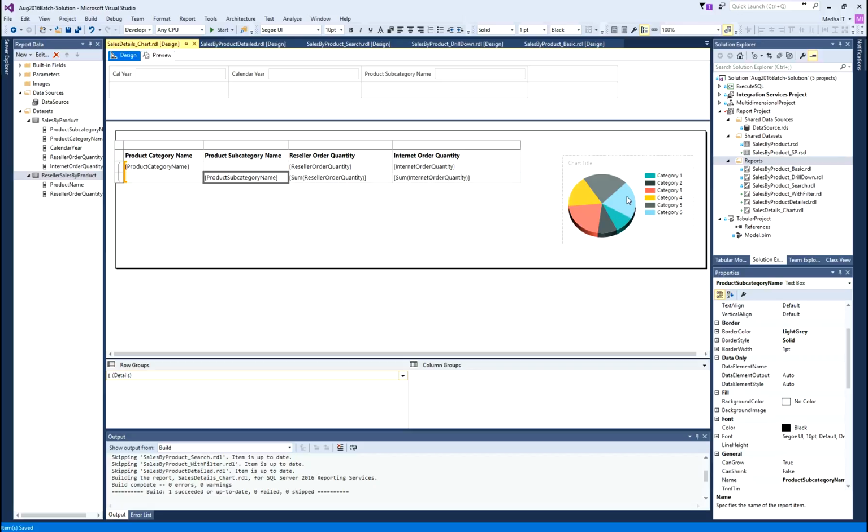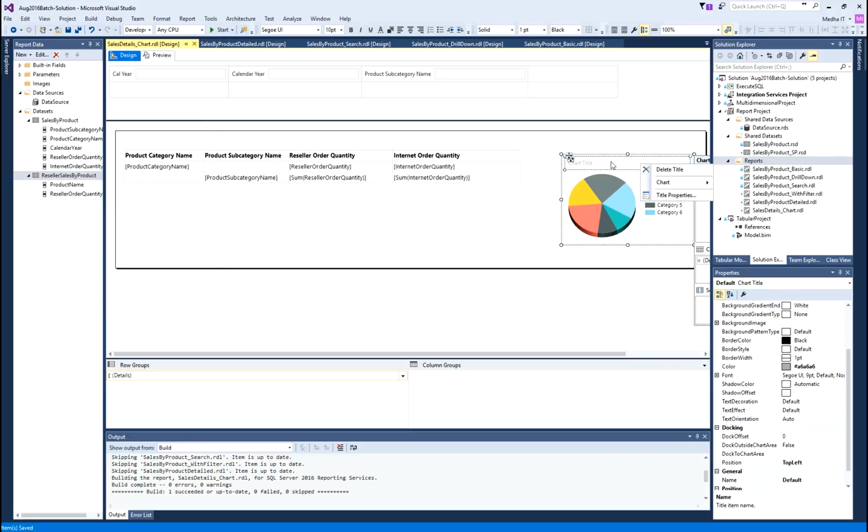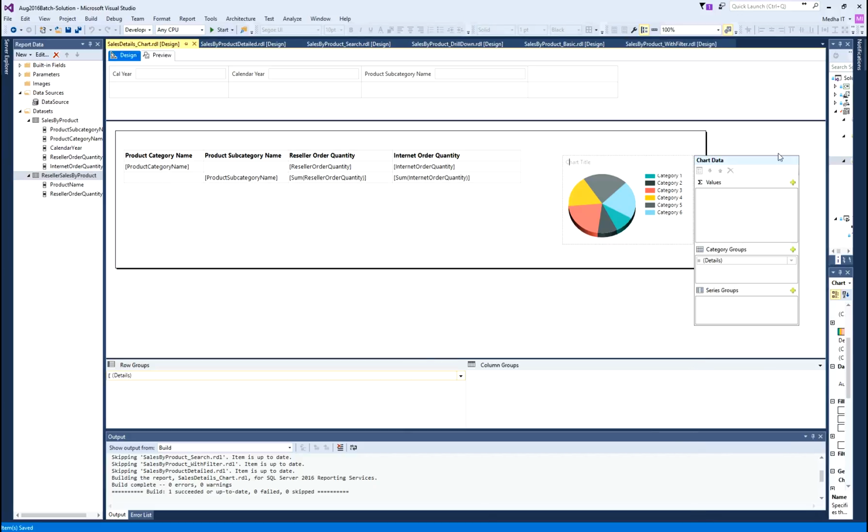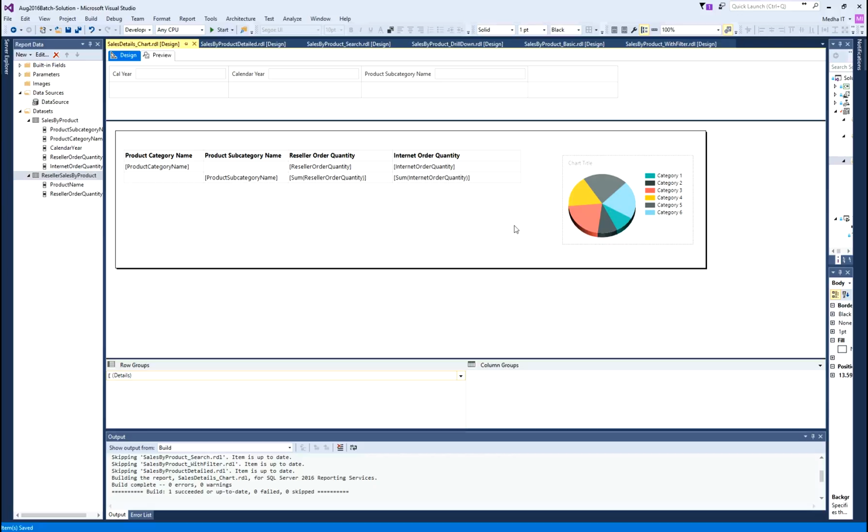Okay. So, I have not set the properties for the chart yet. Right click, so when you right click, it shows the properties here. Even before that,